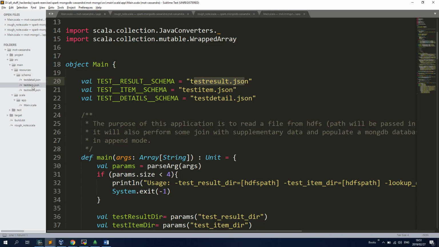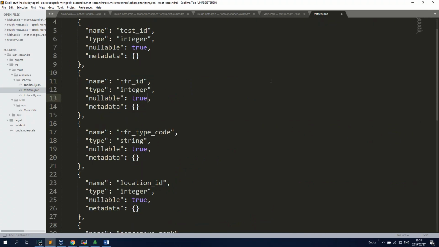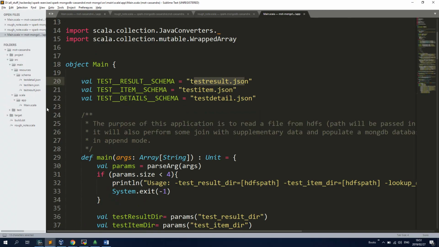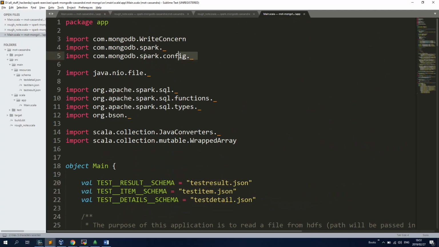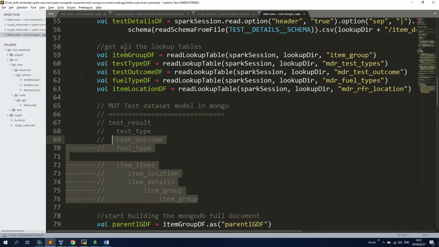You can see what the external schema looks like, which we used to describe the data, because we didn't want to infer schemas, right? So we load it and we use the MongoDB Spark connector, and we talked about write settings, which helps us to do flexible consistency level, and we ran it,